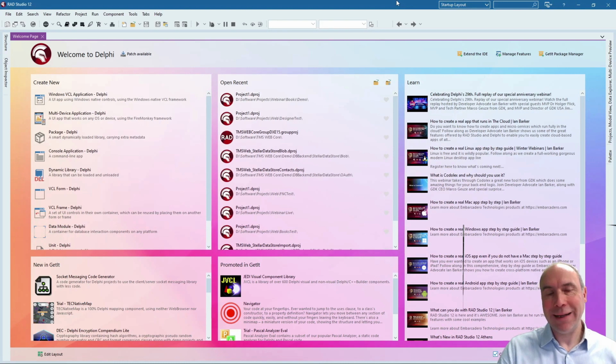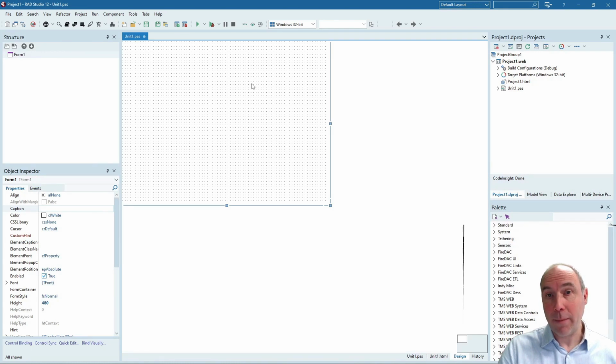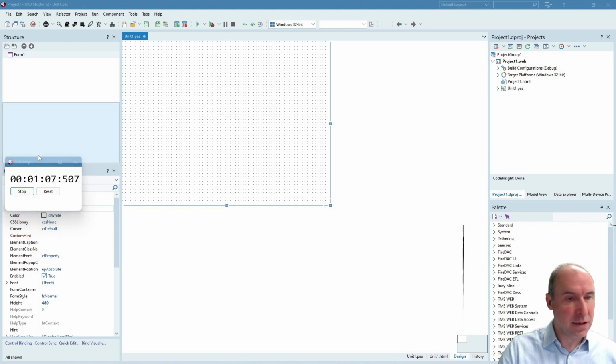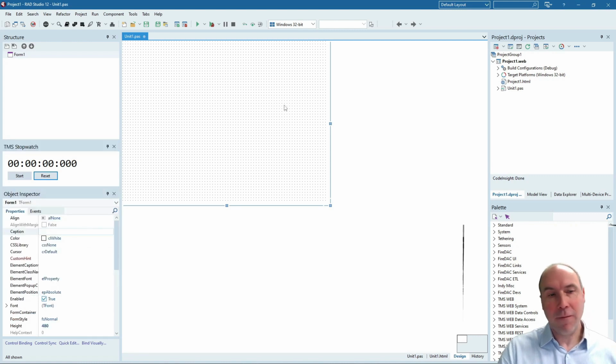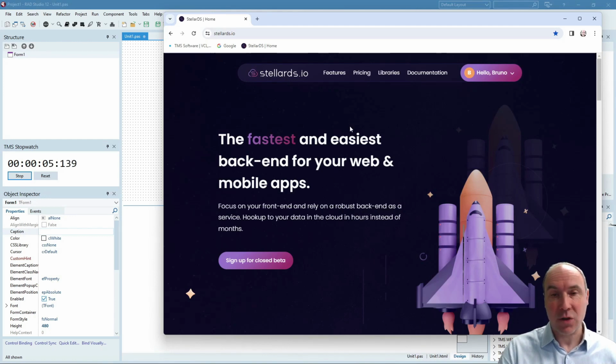So I'm ready to take on this challenge to see how fast we can create a fully working web application with TMS WEB Core in the front end and the backend service by StellarDS. We'll do this from Delphi 12. So here I can create a new WEB Core web client application, and I will enable this convenient little stopwatch tool to let us actually time how long this challenge will take us. So fasten your seatbelts. 3, 2, 1, we get started, and we get started by moving first to the StellarDS